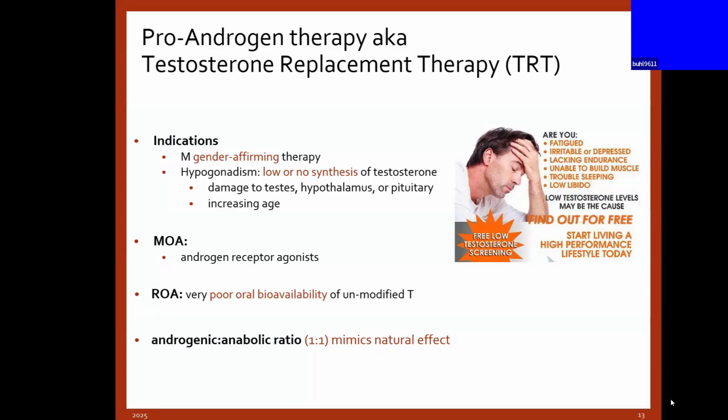If you want to mimic your natural physiological effect, you want a drug that also has a 1-to-1 ratio. If you want to do bodybuilding and you just want to increase muscle mass, you might want one that has a higher anabolic effect than androgenic effect. So generally anything that you're going to be seeing, you're going to want it to be as close to a 1-to-1 as you can. Because it is affecting, in real time, the growth of the cells, anything that requires cells to continue growing, like keep making body hair, and you want to keep that on board.